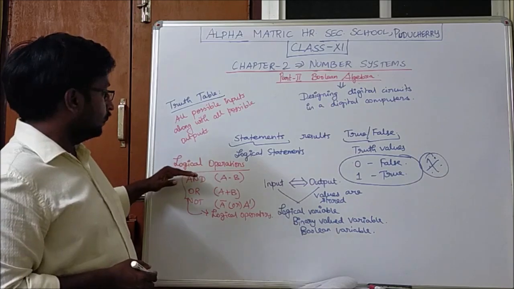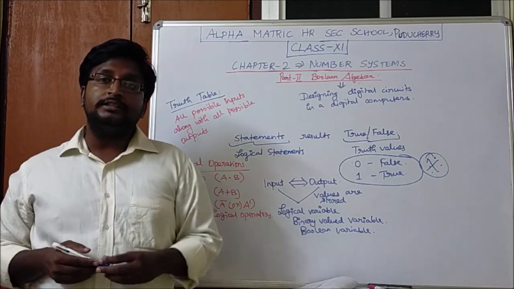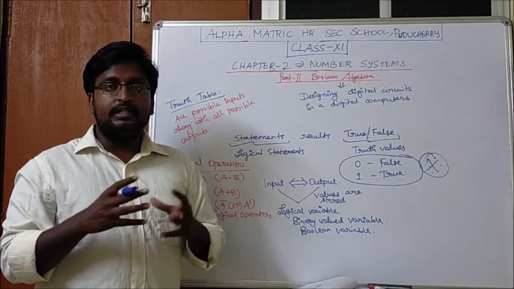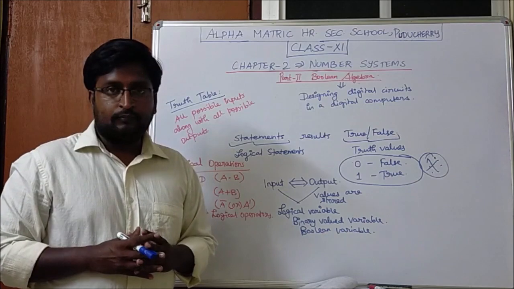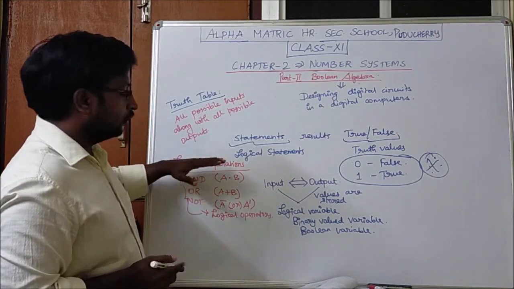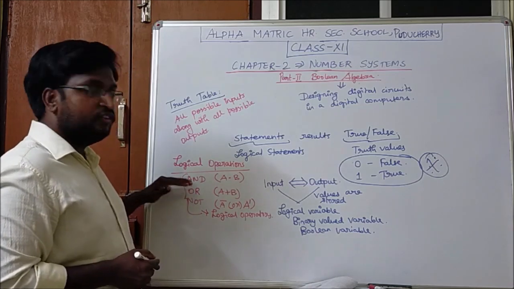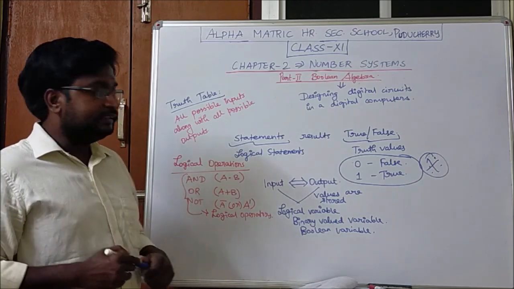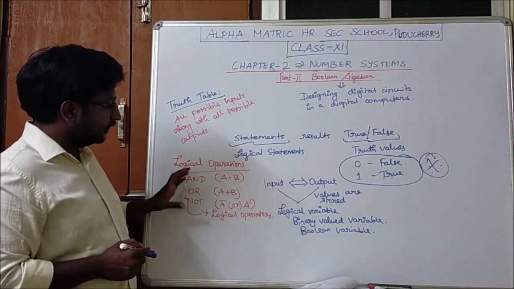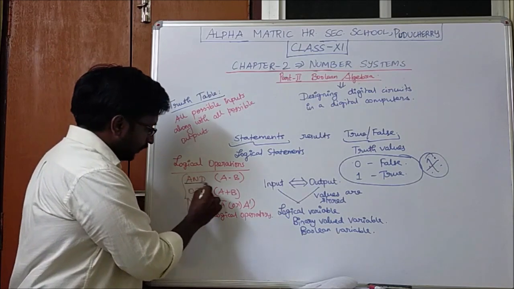The next thing we are going to discuss in the introduction part is the logical operation. Mainly, Boolean algebra uses variables and operations, that is functions, to perform a logical decision. So we call them logical operations. These are the three basic logical operations which we are going to do in Boolean algebra. Based on these we can extract new logical operations.